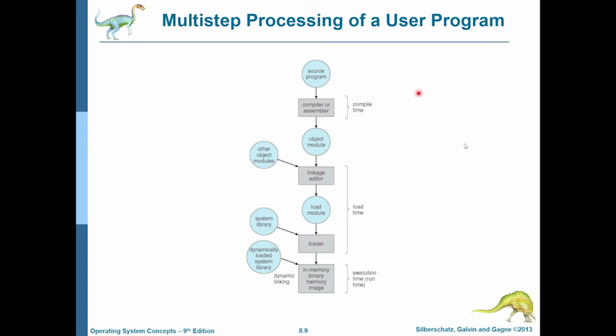Again, you can see the process very quickly. You have the source program. You use your compilers and assemblers at compile time to create object modules. Then a bunch of object modules, as your program can be a set of source files, assembly source listings, and whatnot, all of them will become object modules, and all of them can be linked to create an executable. And that executable is loaded into memory at load time.